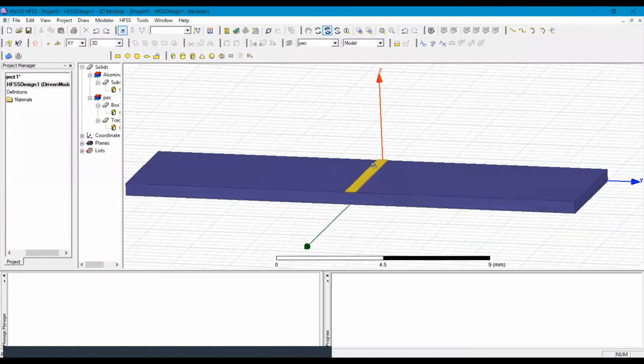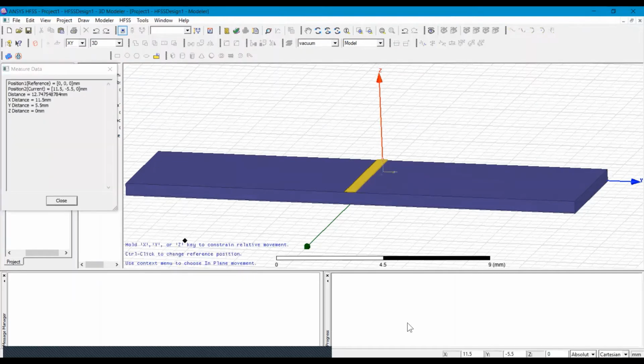Now we will draw the air box surrounding this microstrip line. We will select the vacuum, and again we will draw the box.